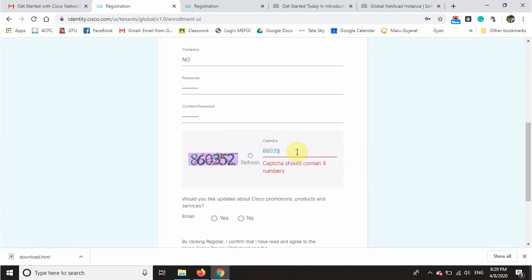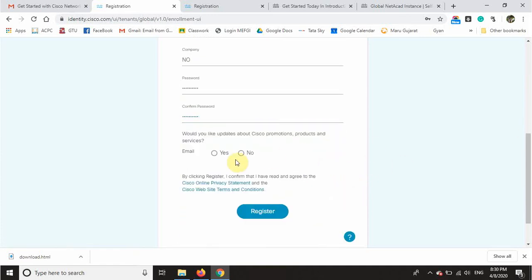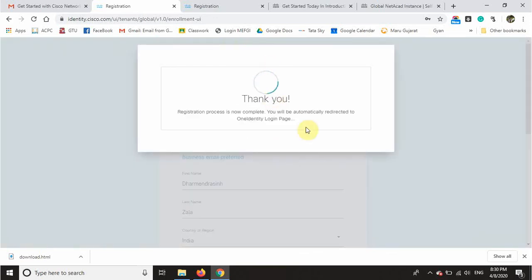You can answer yes or no, there is no worry, and then register. After register you are a registered candidate. Now you have to re-login into the page. Your registration process is complete and you will automatically be redirected to the login page.